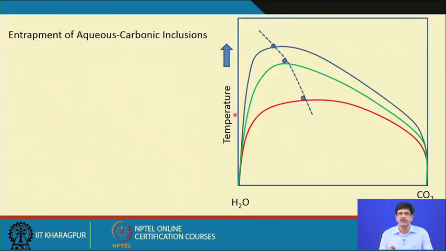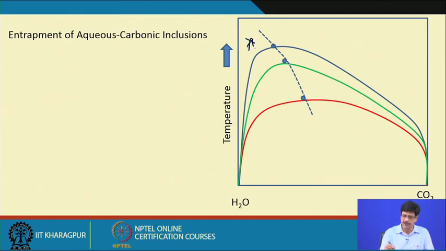So, it can be explained on the basis of this diagram, depending on whether the composition is on the carbon dioxide water-rich side or on the carbon dioxide-rich side. If it is on the carbon dioxide-rich side, then a decrease in temperature will give rise to the splitting. This could all be calculated by using the standard lever rule as we follow in the case of binary diagrams, and depending on the composition